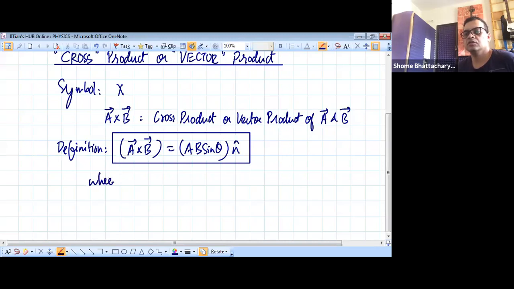Where on the right hand side, A is the magnitude of the vector A, B is the magnitude of the vector B, theta is the angle between A and B,